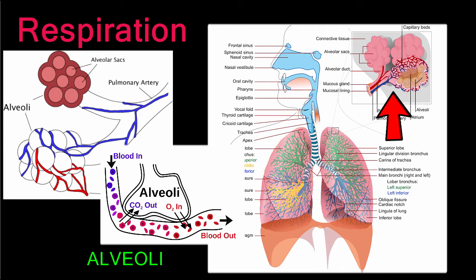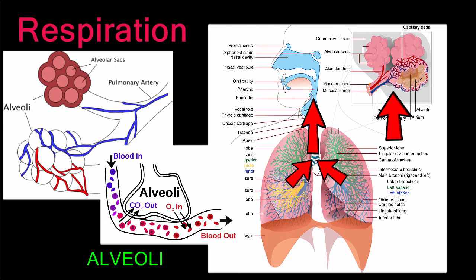When blood flows into the lungs, it has a high concentration of carbon dioxide and a low concentration of oxygen. The air filling the lungs is high in oxygen and low in carbon dioxide. Therefore, carbon dioxide diffuses out of the blood into the alveolus, and oxygen diffuses from the alveolus into the blood. When you exhale, the carbon dioxide waste leaves the lungs and travels back out through the bronchioles and trachea.